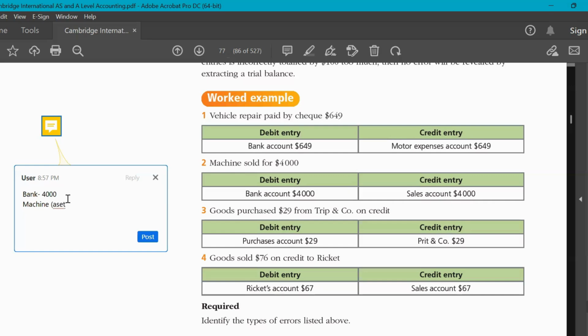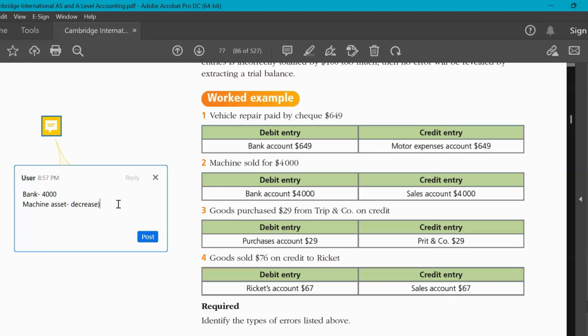Because remember, you sold the machine, right? And then you got your money. You got it by selling. So it means that the money in the bank has increased. And what have you lost? You have lost an asset, which is a machine. So why in the credit side? Because machine is an asset, and then there's a decrease of it, right? So it means that the account should not be the sales account, but rather the machine, because it's an asset